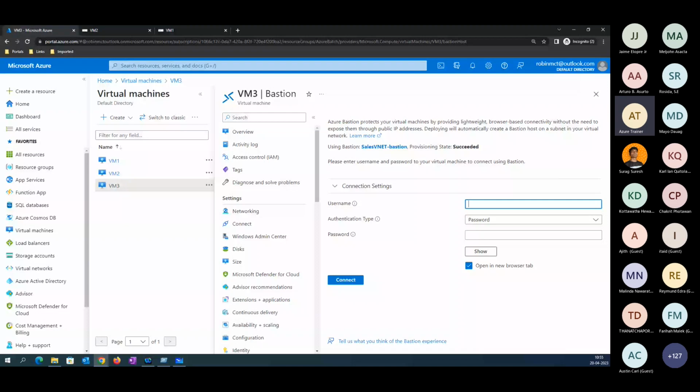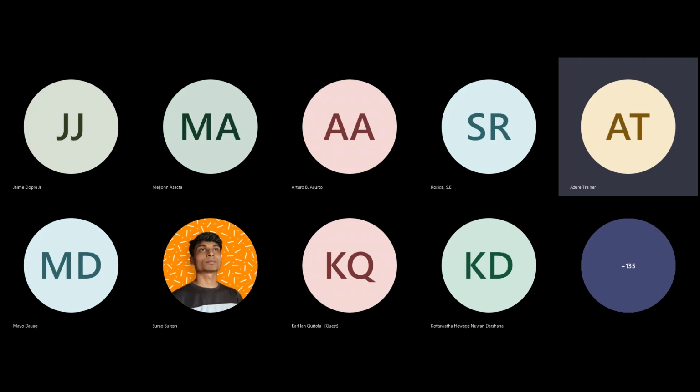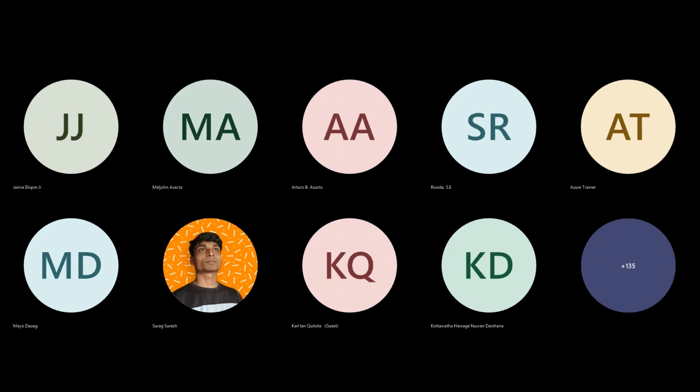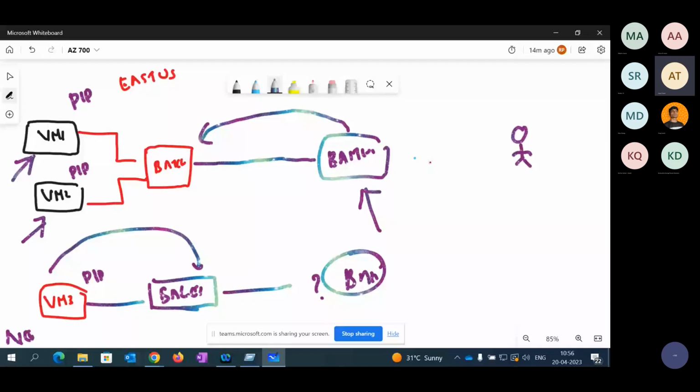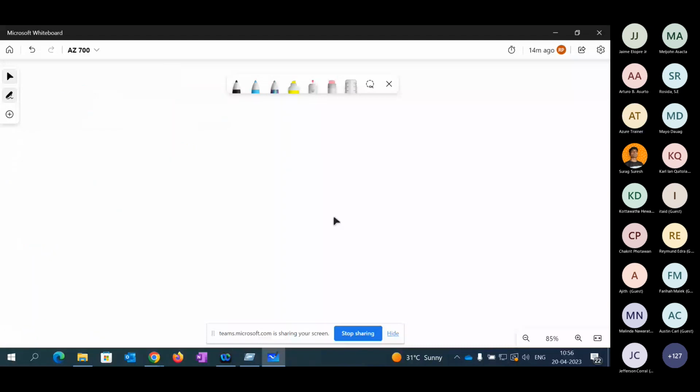When we had a discussion about a subnet or a VNet, we have seen how communication is enabled. Now I'm going to discuss the next topic, the feature we are using, called NSG, which stands for Network Security Group.